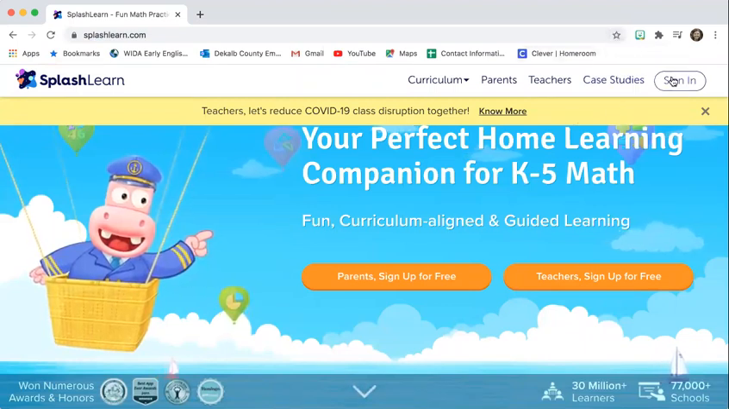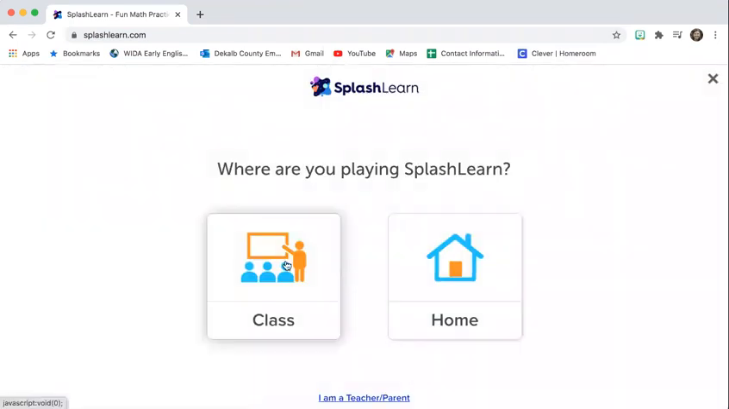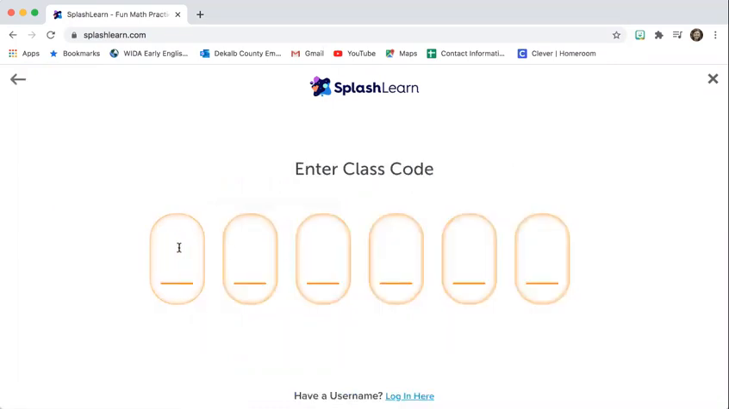After that, you click Sign In, and then click Class, because you are playing this math website game for class. After that, you enter your class code. For Ms. Rollins' class, the class code is